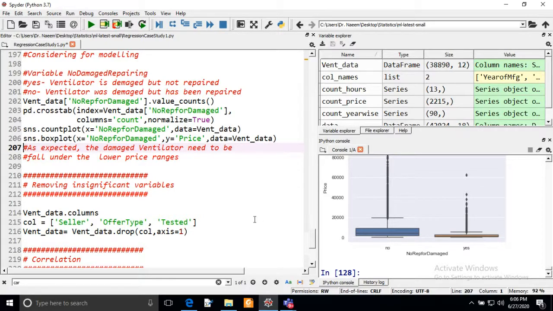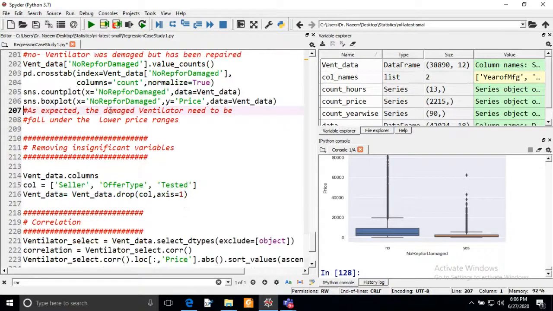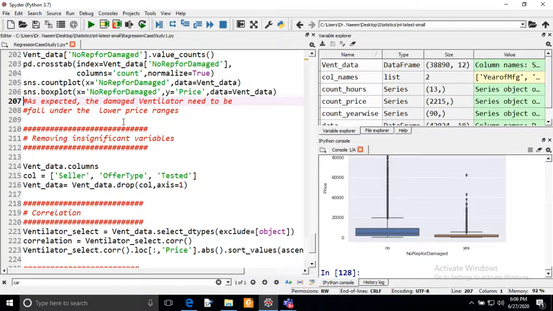Obviously, if your item is damaged and you repair that item, it will have more value than an item that has not been repaired. So it is affecting the price of the ventilator, so we can include this variable in our analysis.